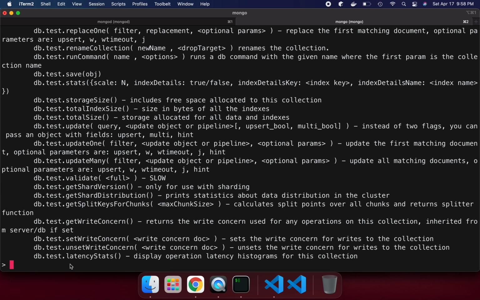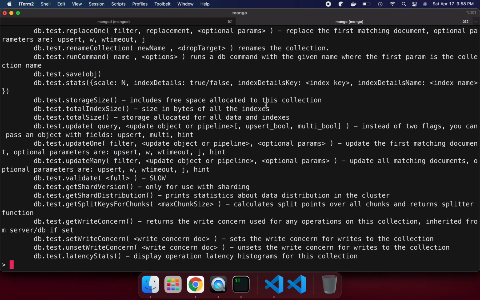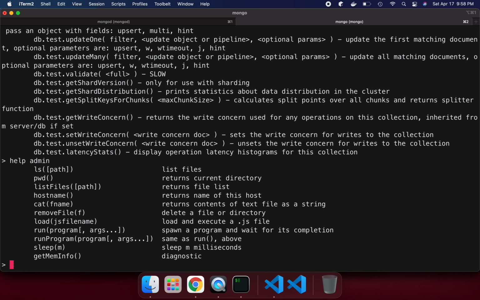Now my MongoDB server is running, and if I want to stop it, we can look at help related to admin. You can say help admin, and we can see all the help related to admin is available, like changing the return to current directory, hostname, and all those things.